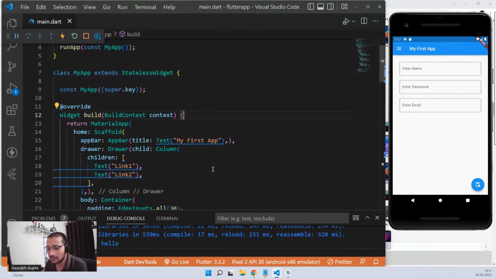Can we use something other than material app? Yes, there are multiple options available. But mostly I think this is the most common way of doing it. Okay,